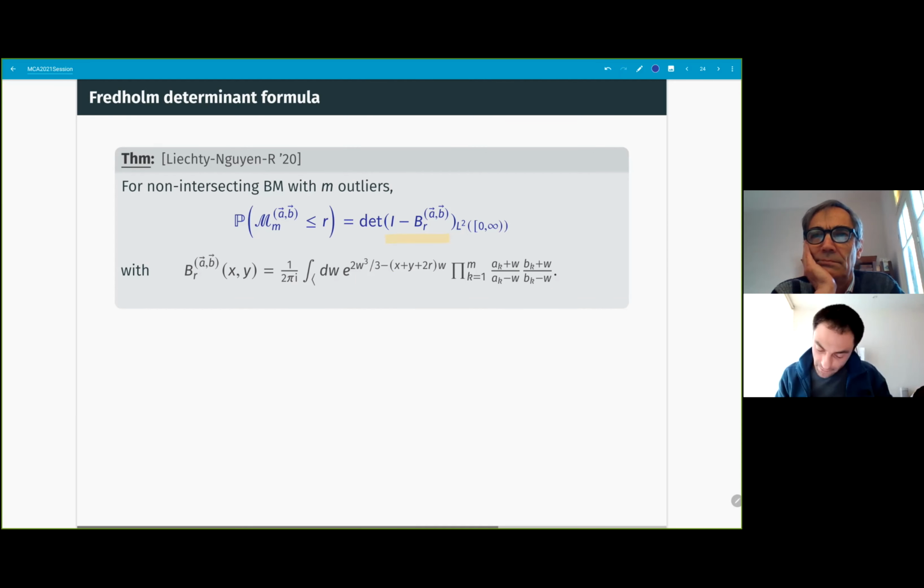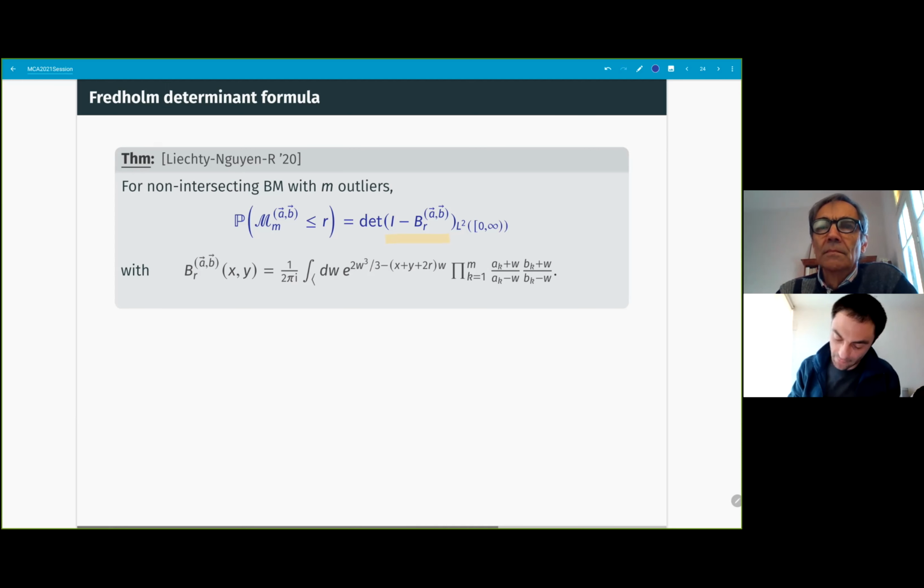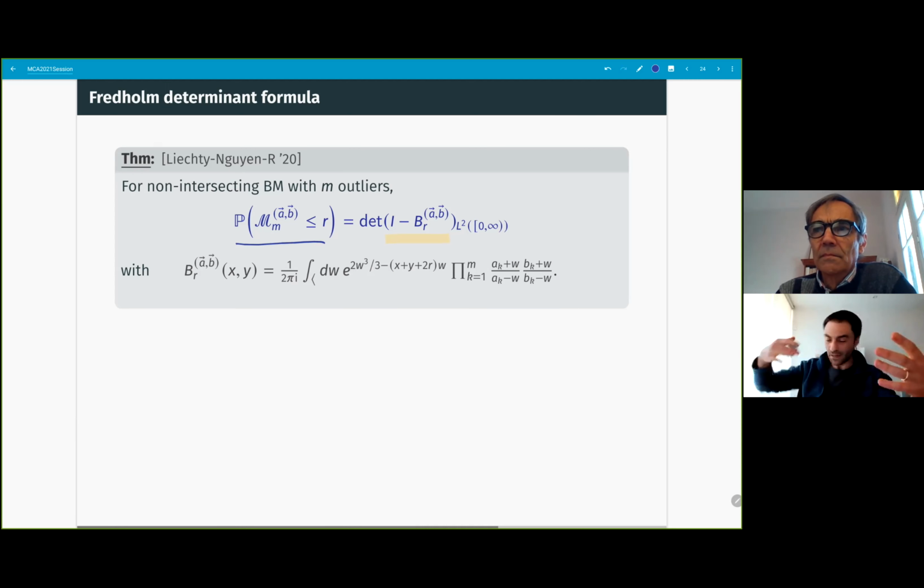Since I don't have time, let me say that I want to show something that comes in the rest of the slide, but there's a connection between this and again random matrices, but in a strange way. What we can show, and I won't get to that, is that this distribution as a function of R solves a certain equation, a PDE, which arises again for the scaling limit of complex Wishart matrices. Sorry, not really complex Wishart matrices. Let me just say Wishart matrices.